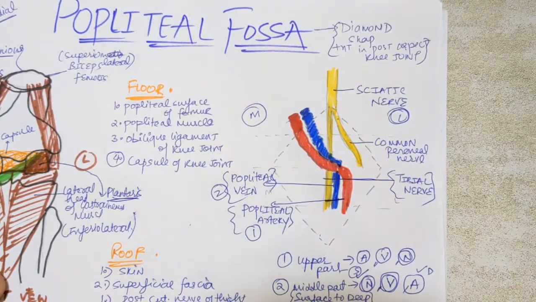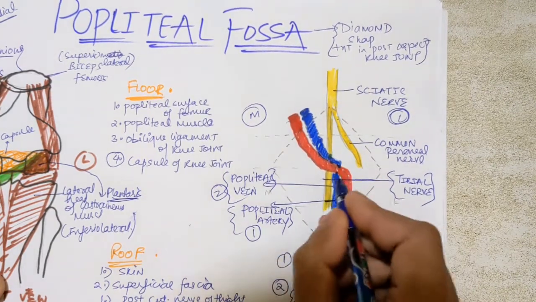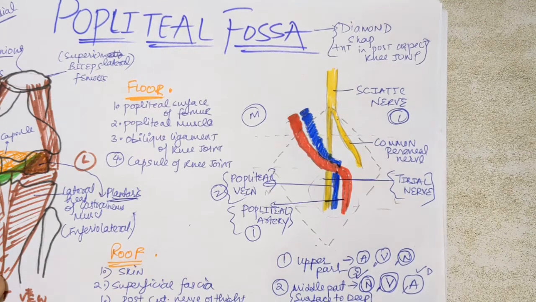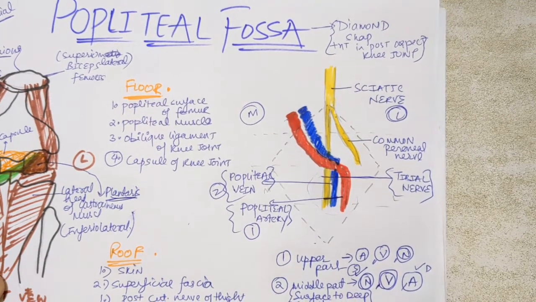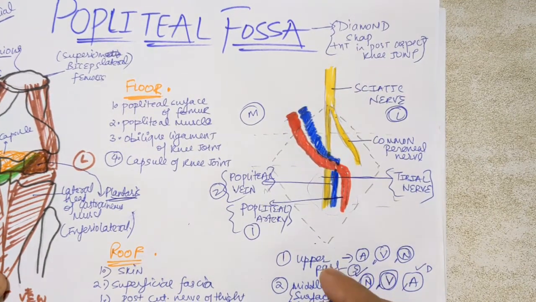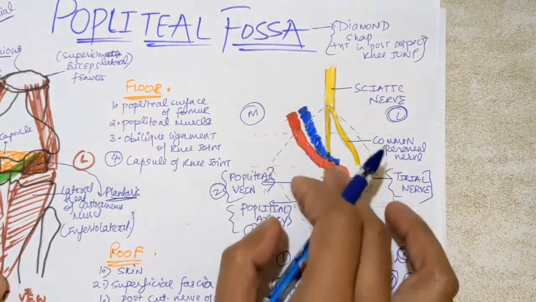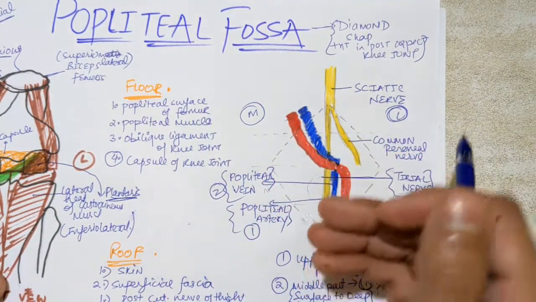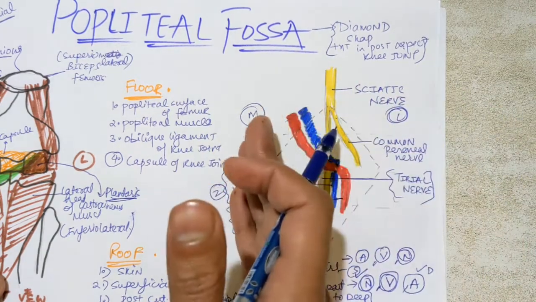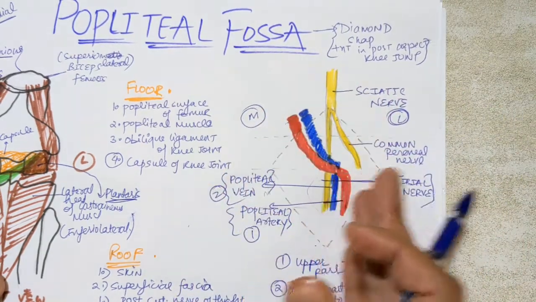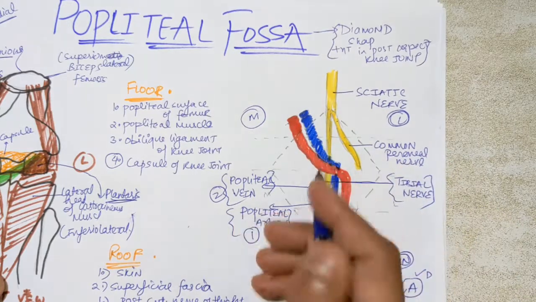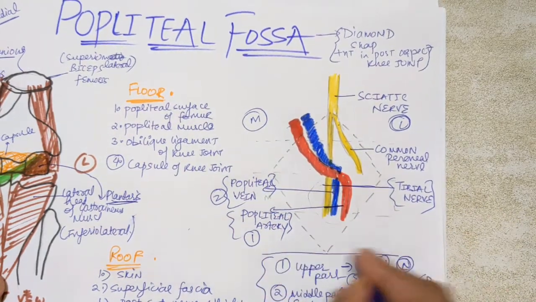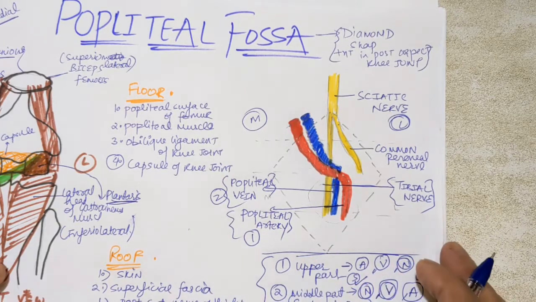And third, in the lower part of this section, you can see first is your nerve, then vein, then comes the artery. So it differs a little bit from the upper part, because these nerves actually cross here in the middle part. Because of which the nerve comes forward, and that is the nerve comes to the medial aspect, then comes the vein, which remains the same, the vein remains in the middle, there is an exchange between the popliteal artery and the nerve. So this is actually a topographic image of these nerves in the section of the popliteal fossa.